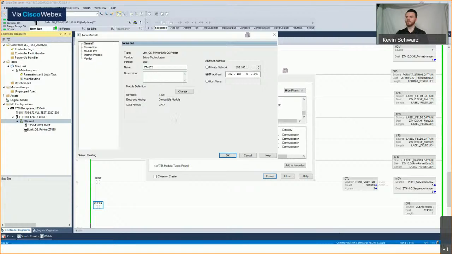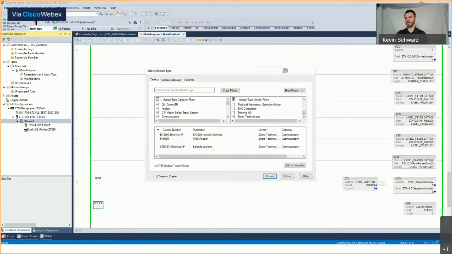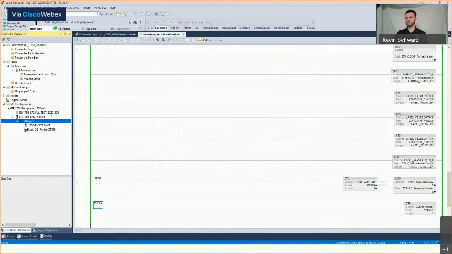You don't have to change anything here in the module definition right now. Zebra is still at Rev 1 for their AOP for the NetworkConnect printers, so you don't have to worry about changing this right now. You can leave this as is. So we will say OK. In this case, I'm actually going to say cancel, but you'd say OK. It would create a module, and you have it pop up down here. So once that pops up, we're going to say close on this,